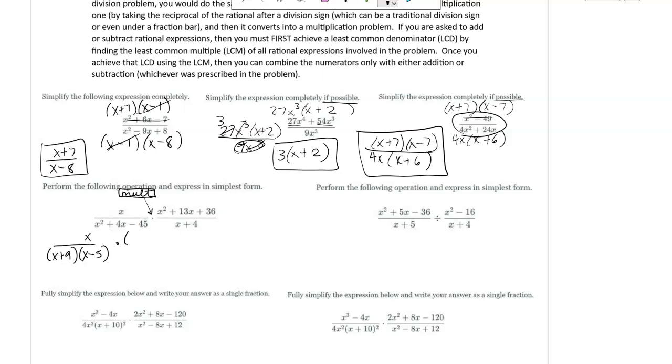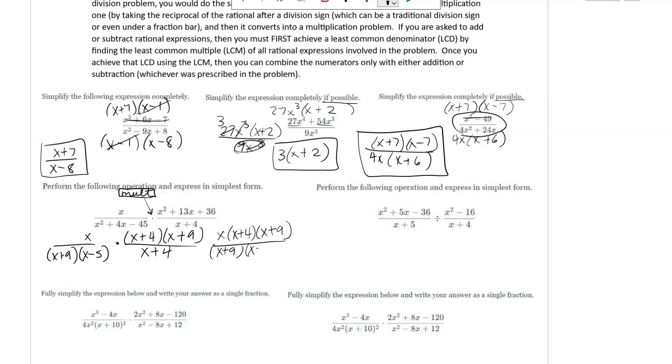And then once I have achieved any factoring that can be done, and again, there's always the possibility that there won't be, anything that's on the top and the bottom of the same fraction, or even fractions that are being multiplied, if there's one in one fraction that's on bottom and one in the other fraction that's on top, because this is just a giant multiplication problem, and I'm just combining the numerators and combining the denominators,